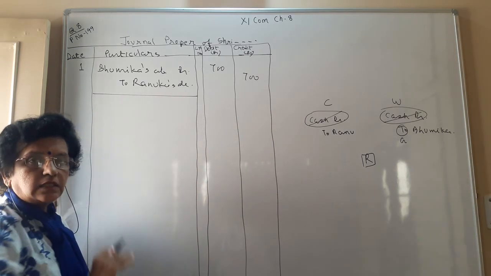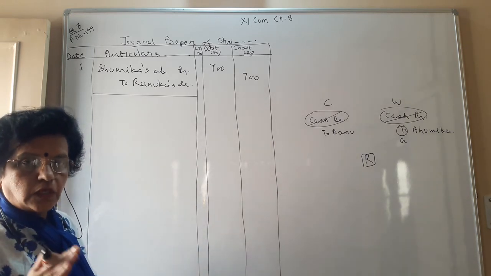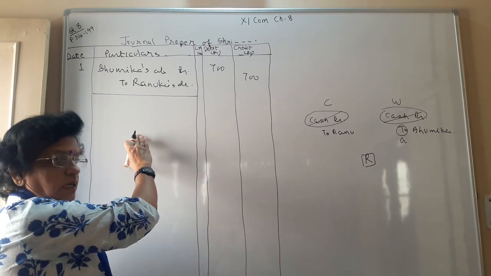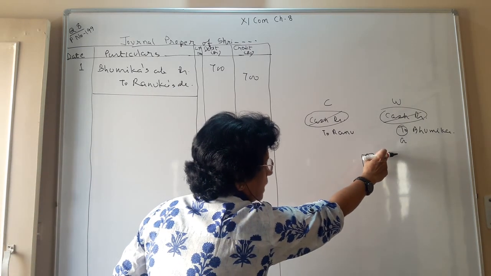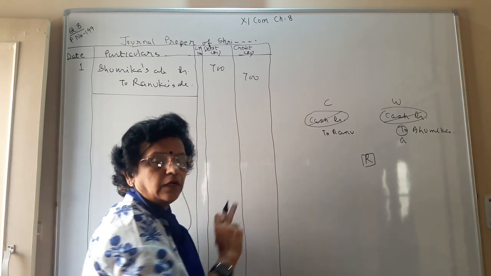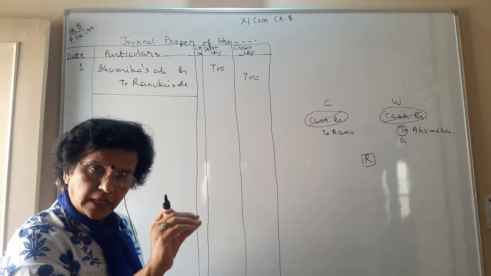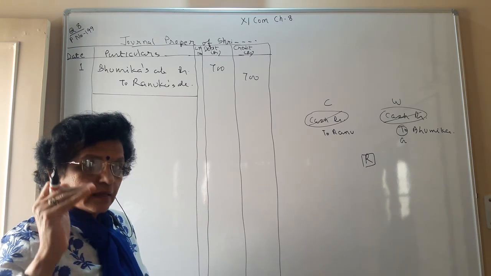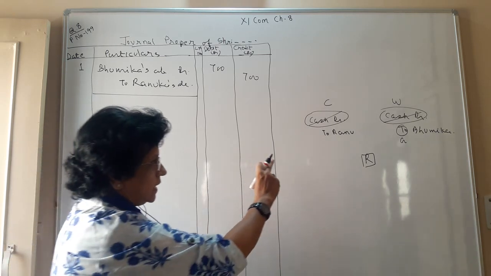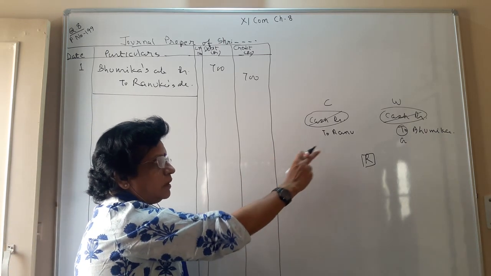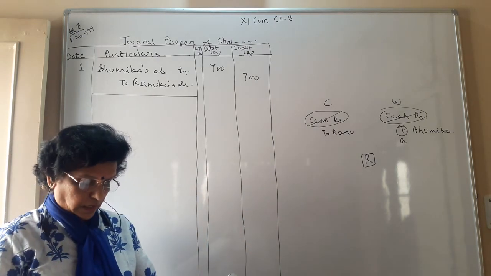Now the narration is important in this type of transaction. So to write a narration, what do we start with? Being rectification entry for wrongly recorded Bhumika's account instead of Renuka. So it is a different entry. We write "being" and along with that the word "rectification" is necessary. So you have to write: being rectification entry for wrongly recorded Bhumika's account instead of Renuka.